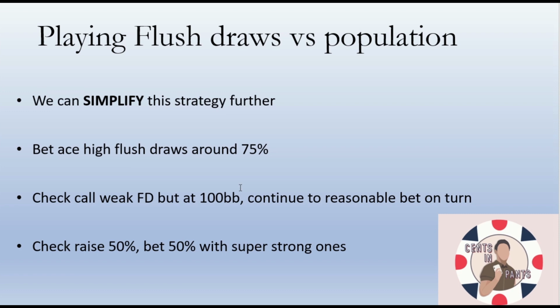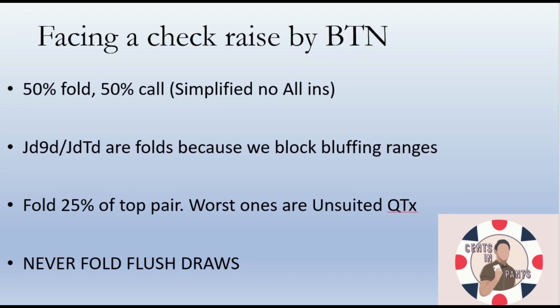So if you follow these rules, I think playing flush draws on basically any board would be easier for you guys to execute. Okay, so for the final part, I'll be talking about what to do when we face a check raise from the button. We should be looking to fold 50% of our betting range and call 50% of them. And there are some hands that GTO solvers would think are better off as re-raises, but I think we can simplify our strategy,